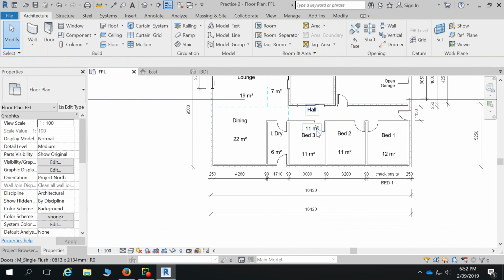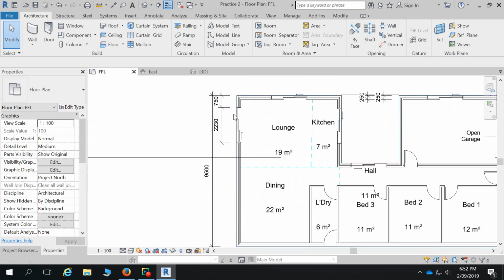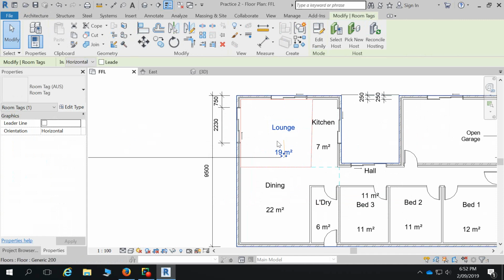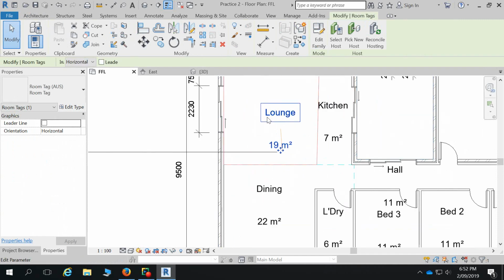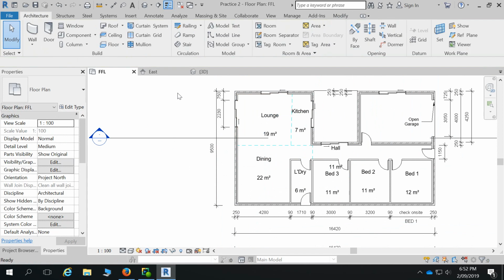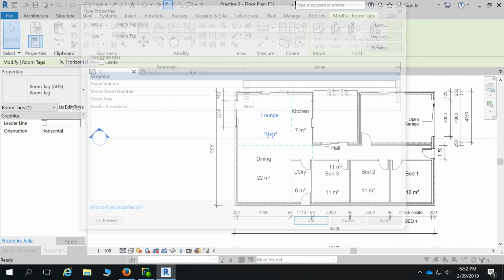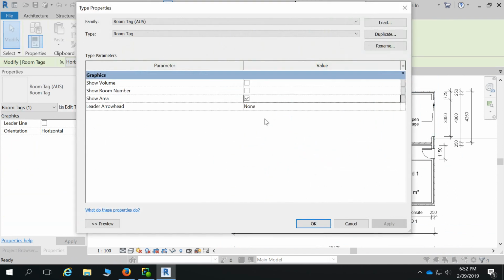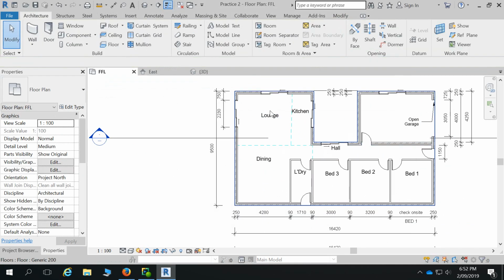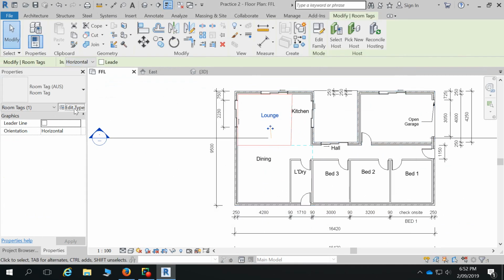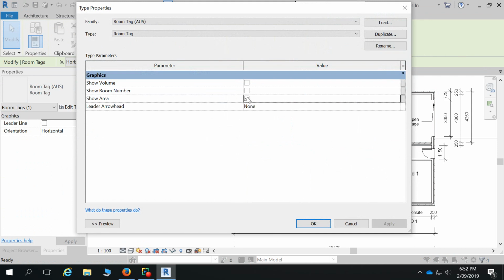that the 11 meters squared is hanging out of it, we probably want to edit the tag. So see how that meter square is really low? If we're going to just use that, we could probably move those meter squares up so it's a bit tighter, or we could just turn them off altogether. But if we said, yeah, we want the meter square, but we want to make it a little bit tighter,